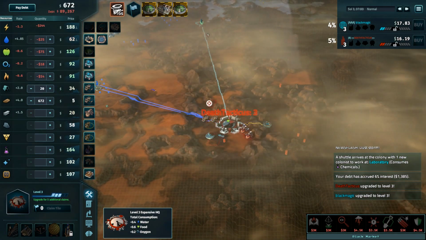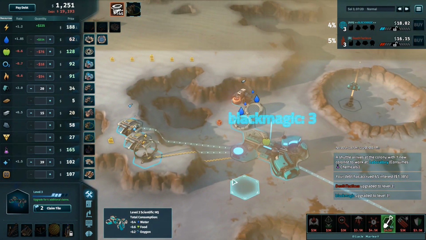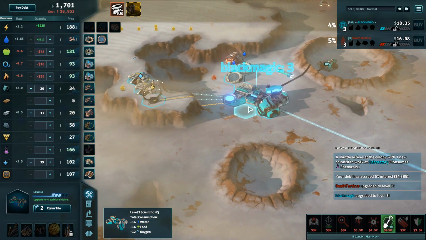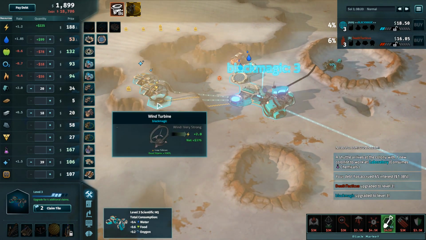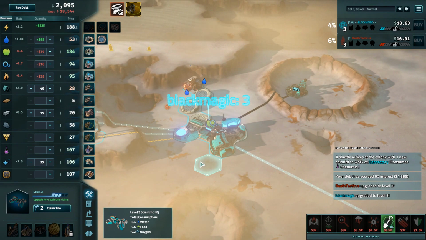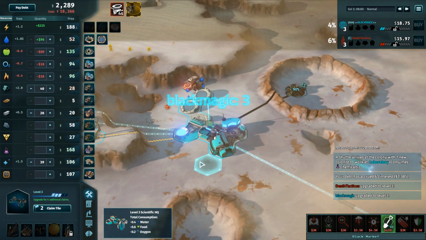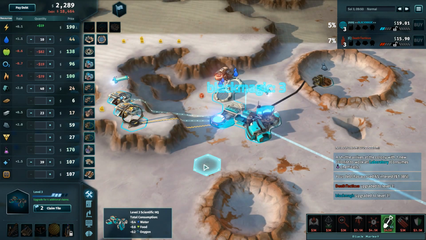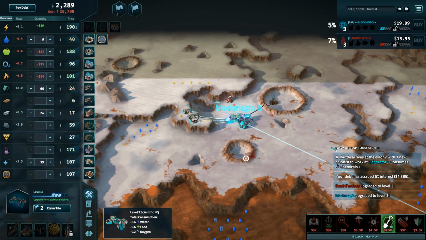BlackMagic upgrades to 3 as well. Gets the high carbon tile for himself. That's going to make him a lot of money, actually. Carbon at 58 with the wind turbine that he bought. Get some of that money back from paying down the wind turbine. Yeah. Glass is steadily rising, so that will be nice for him, as long as DT doesn't magnetic storm it